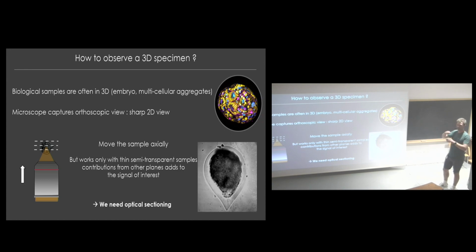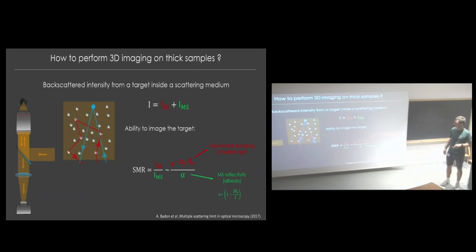Basically, here we see contributions from plenty of planes in our sample. So in order to retrieve 3D information on our sample, we need to perform what is called optical sectioning. And to explain what optical sectioning is, I like to use a microscope in reflection mode, but still with the same wavelength. So basically, we shine light on a sample, and then we collect the reflected light, and we measure it on a camera. And let's say that we aim for a target which is at a certain depth,